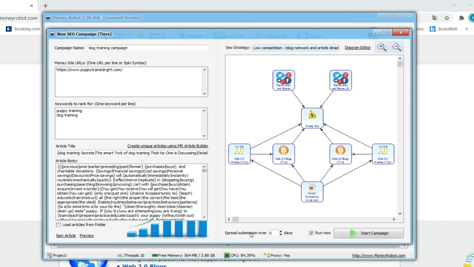If Google comes to know that thousands of backlinks have been created in one day, that is actually impossible for a normal human being, so that will look totally unnatural. So it's better you spread the backlinks over more than 10 days, considering a normal human being can create around 15 to 20 backlinks per day.